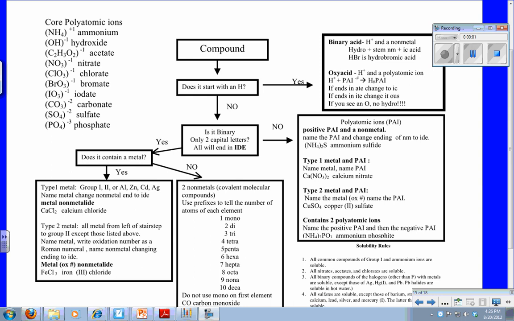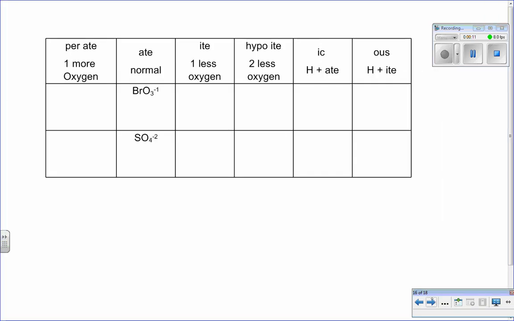When you're first practicing naming, referring to this handy helper sheet is very helpful, especially when you're looking at the polyatomic ions. So we're first going to talk about those. Now the polyatomic ions can have relatives. All you really have to remember is the basic ate polyatomic ion, because everything else adjusts from there. So for example, if we look at BrO3, which is bromate,